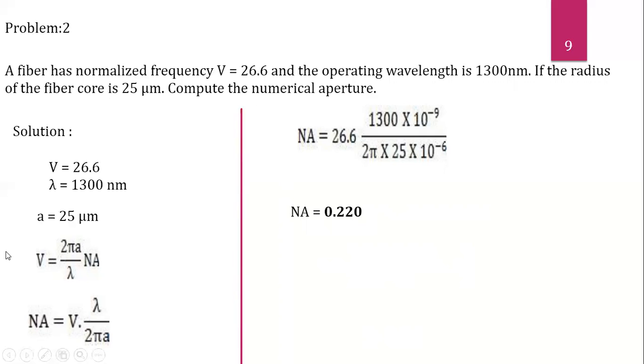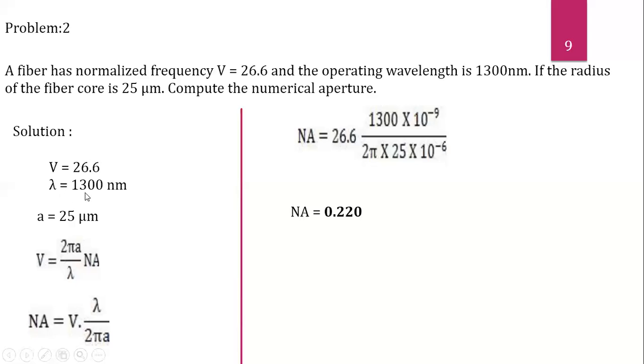We know the formula to find out the normalized frequency, that is V is equal to 2 pi A divided by lambda into NA. Already in the question itself, they have given the value of V, lambda and A. So by cross multiplying this formula, we will get the value of NA is equal to V into lambda divided by 2 pi A. So by substituting the value of V is equal to 26.6 and the value of lambda